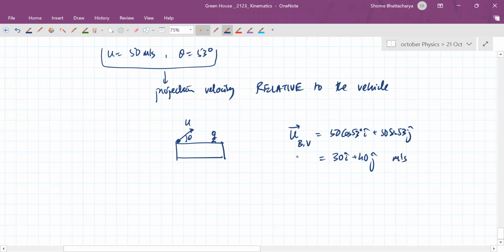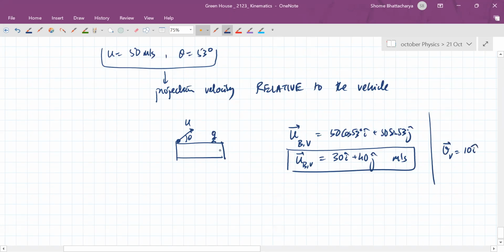Meters per second. This is the initial velocity of the ball with respect to the vehicle. But the vehicle's own velocity is 10 I cap. This V1 is equal to 10. Yes, very good. Now that's correct. So you can see from this and this now that with respect to the ground frame,